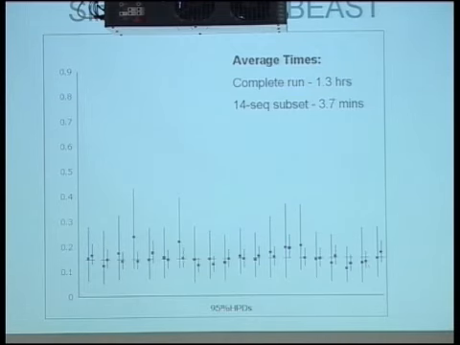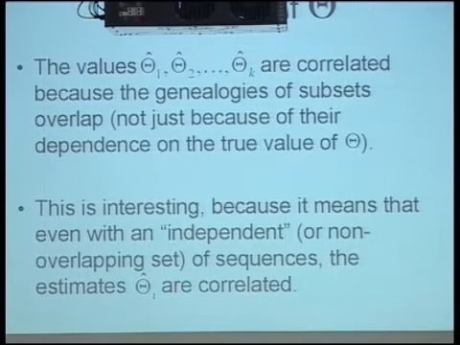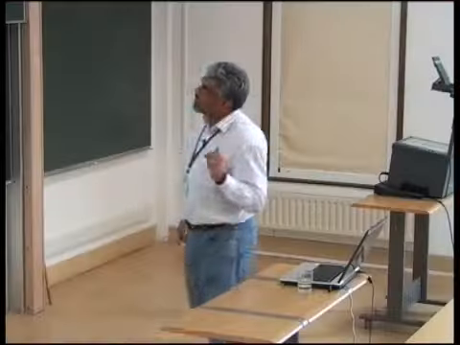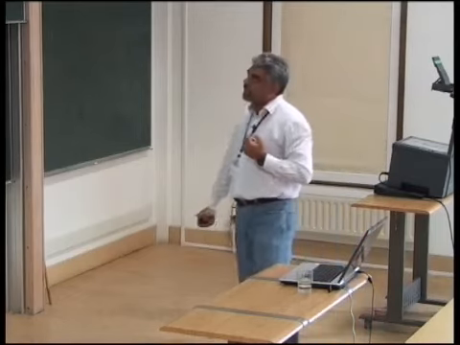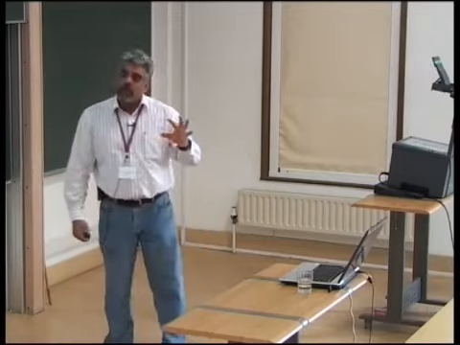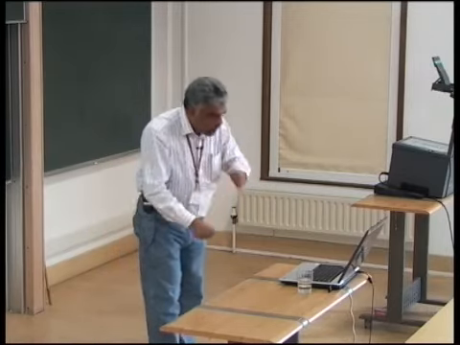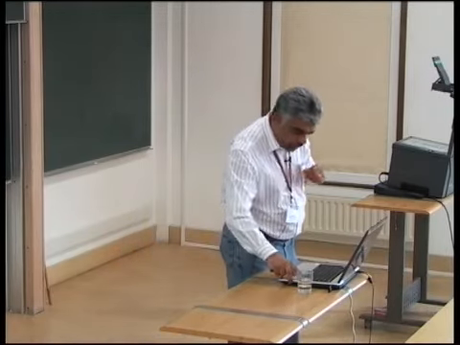All right? The problem remains, of course, the variance. Why is this a problem? We know that these values of theta that we get from each of these subsets are correlated. And they're not just correlated because there happens to be a true theta and each of these values are sampling instances of that true theta. It's not just because of that. It's because there are these overlapping genealogies. So if you have a look,